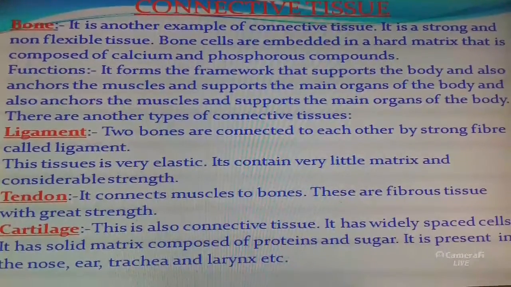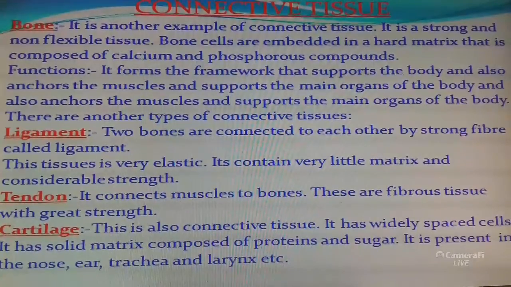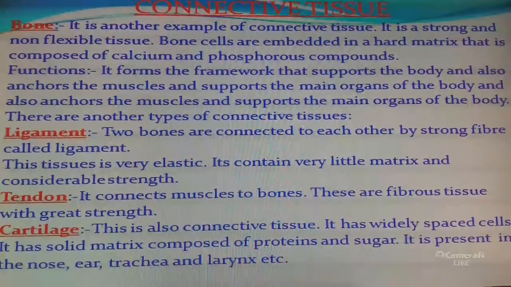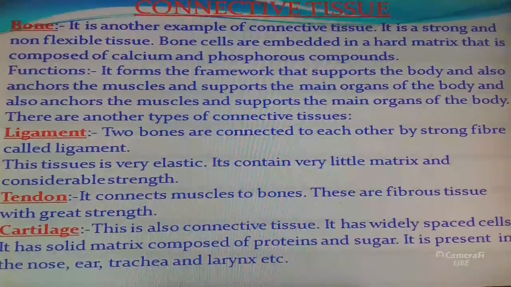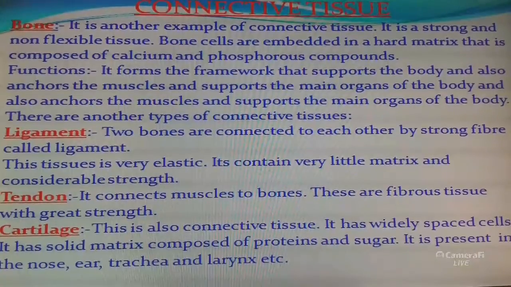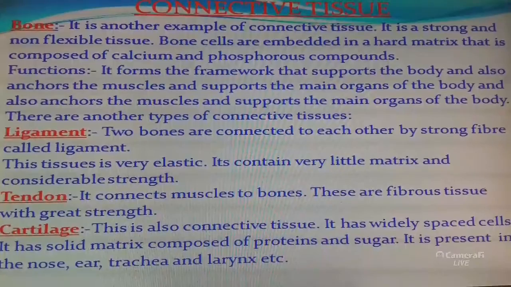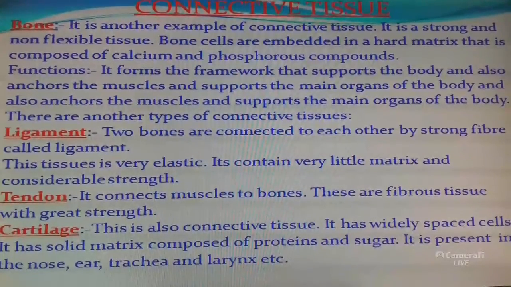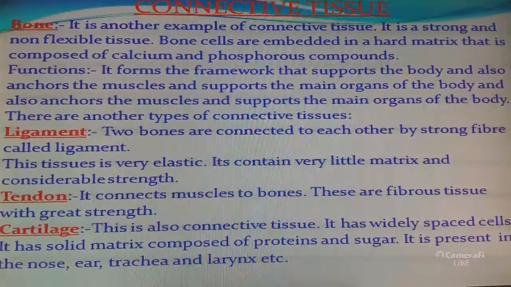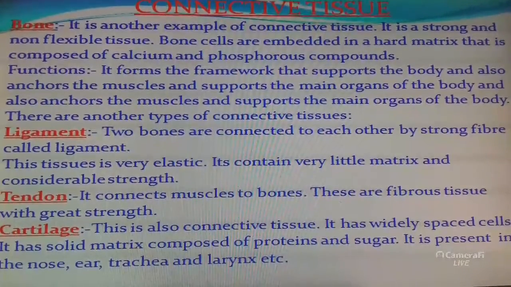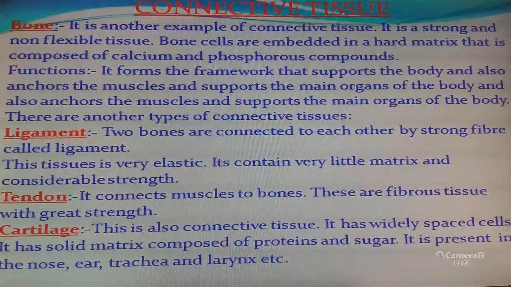In cartilage, the matrix is softer, flexible and non-vascular, but in bone, the matrix is harder and inflexible. In cartilage, solid internal cavities are present, but in bone, bone marrow is present with a marrow cavity. This is called bone marrow. So this is the difference between bone and cartilage.